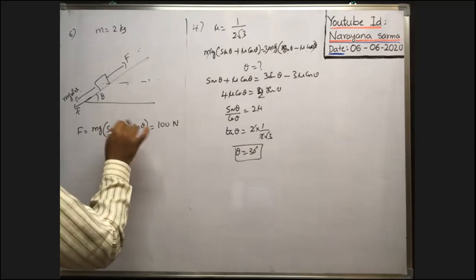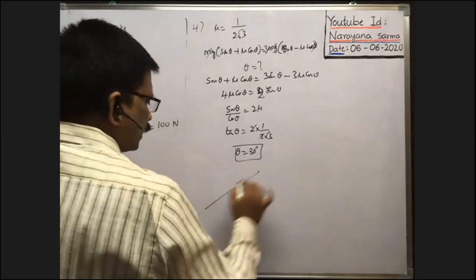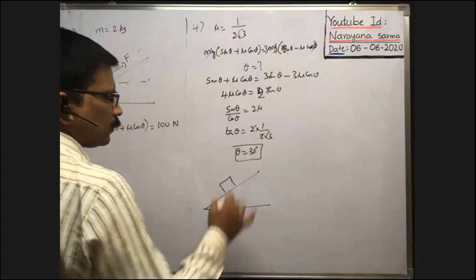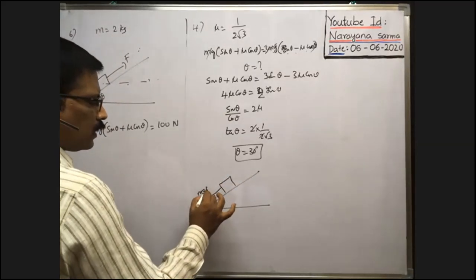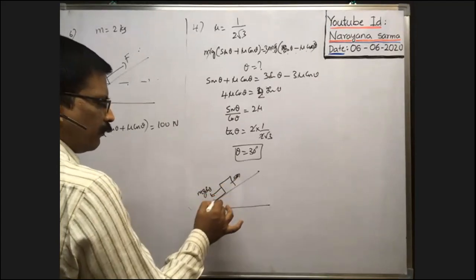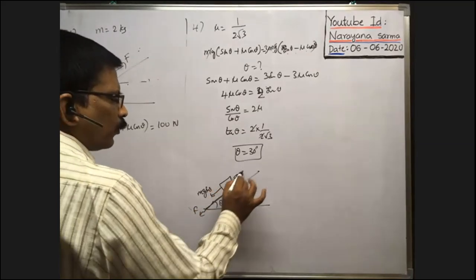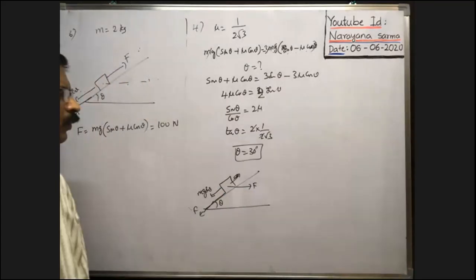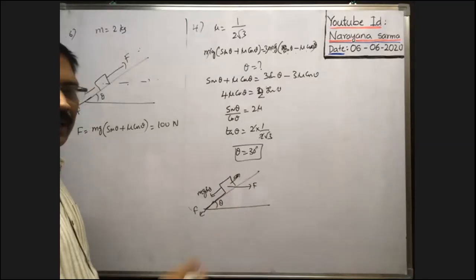Here f means mu into the normal reaction. In this case, what is the normal reaction? You see, I will state the same problem like this. Of course, it is not asked like that, but they may ask like this also. While the block moves upwards, the weight component mg sin theta acts downwards, and the frictional force also acts on the body in the downward direction. To pull the block upwards, a horizontal force F is applied. What is the minimum horizontal force required to move the block up the inclined plane? It may be asked like that also.